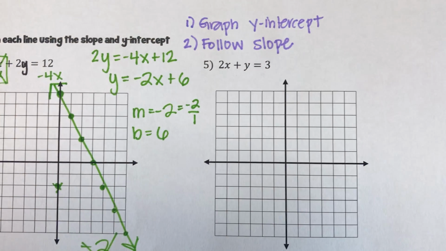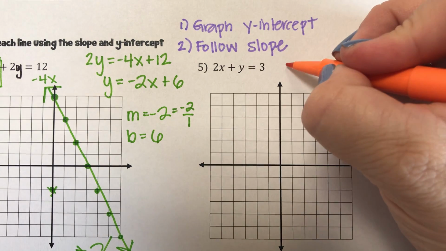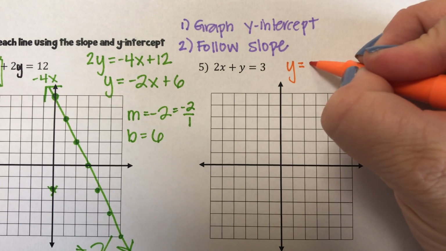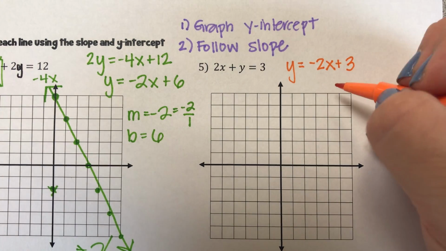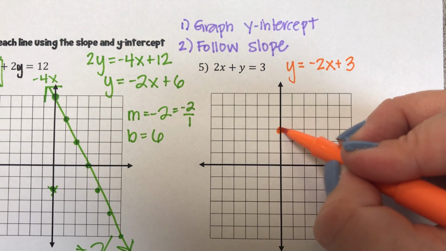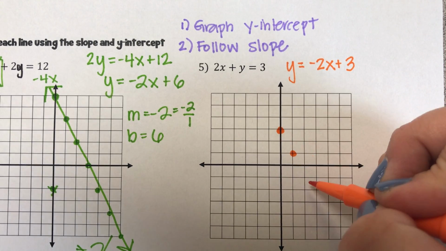Okay, on this last one, it's a short lesson today. We're going to subtract 2x from both sides. So y equals -2x plus 3. So I'm going to start on my y-intercept, which is 3, and then my slope is down 2 over 1,